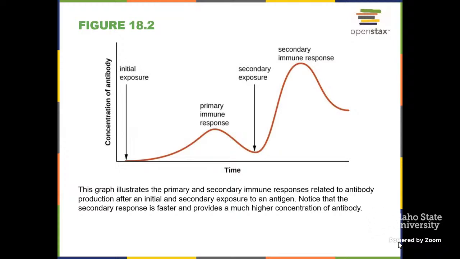After that secondary response starts to decline, you can see that the level of antibody at this point stays elevated, potentially for a considerable amount of time, giving the individual more of a protective type of immunity because of this stimulus. There could be a similar idea if we think about maybe an allergic reaction, and we will mention this a little later on, but when it comes to allergies, you get exposed to the first